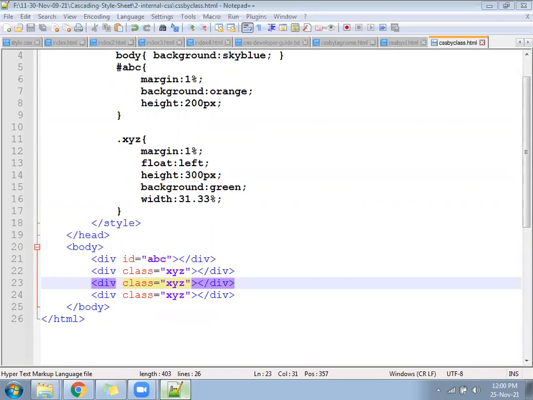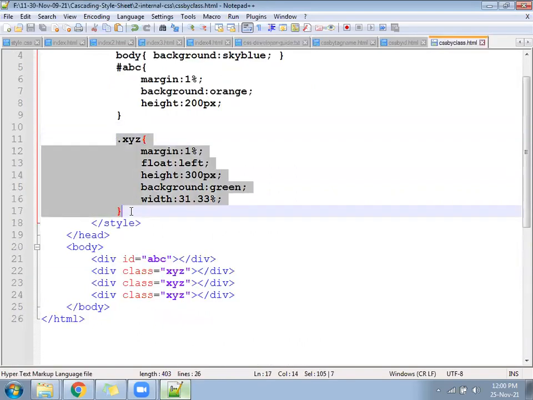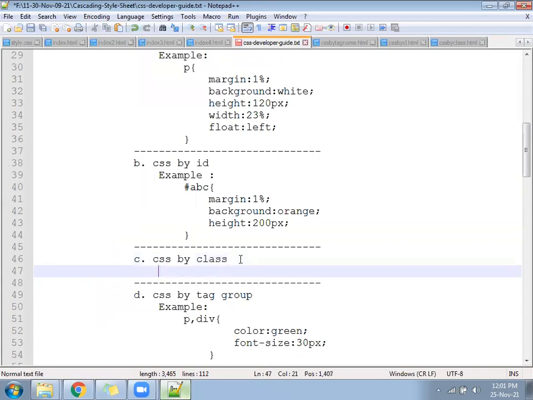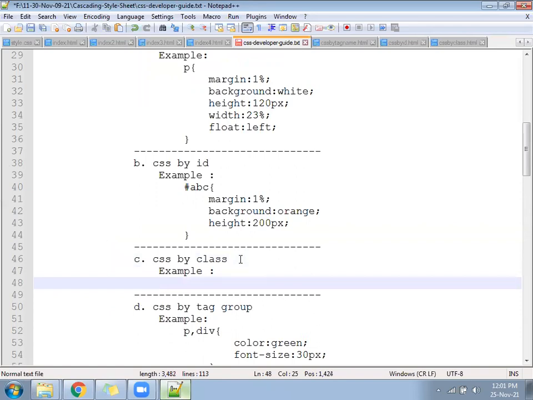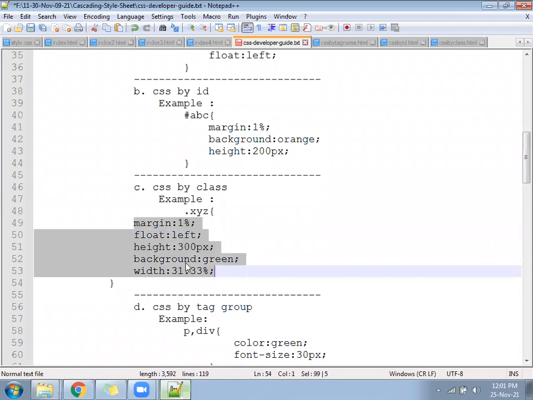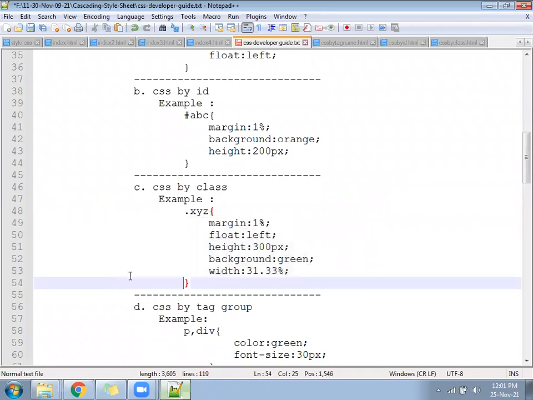Okay, next after that, come to the developer guide. First you can copy this XYZ from here and come to the developer guide. In the developer guide, write an example. Like this.